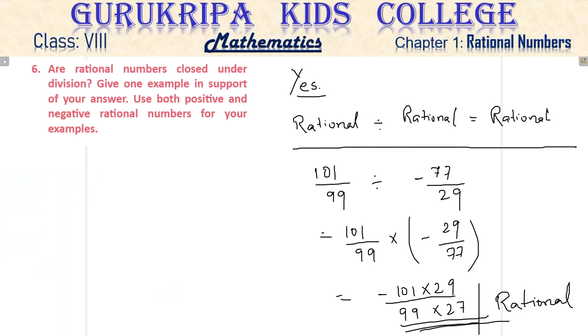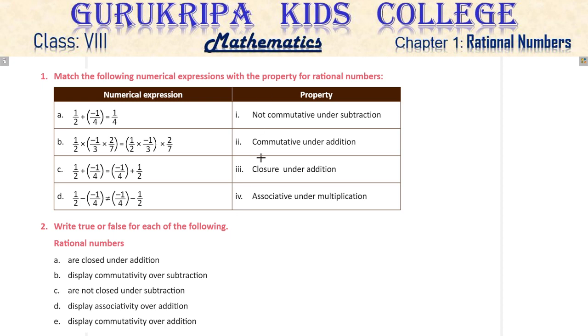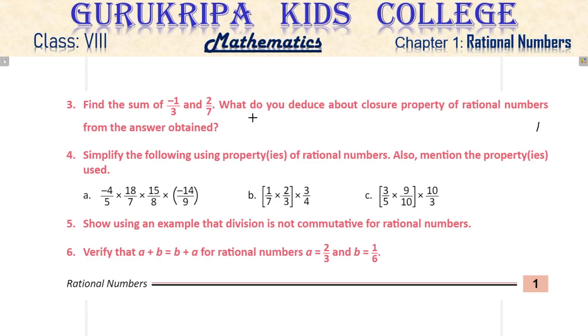Okay, those were the questions which I have solved. And now there are some homework problems for you. Questions are from the practice book, Maths, Standard 8, Volume 1. Two questions are here, question number 1 and 2. I'll leave it on the screen. You have to solve it before watching the next video. And then questions 3, 4, 5 and 6. These are from page number 1 of the practice book, Volume 1. Okay, we'll stop this video over here. See you in the next video.